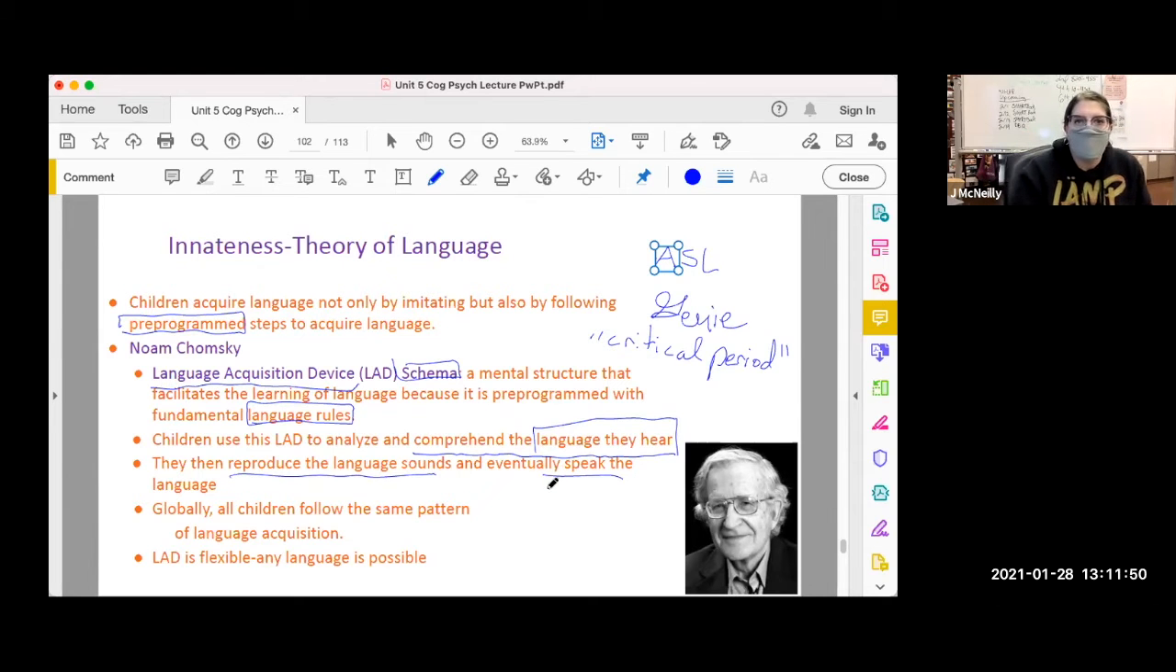So all children around the world, and this goes back to universalism, follow the same pattern. They are born not knowing any language, that whole tabula rasa. And then they pick up whatever language or languages to which they are exposed. Okay, because this language acquisition device is very flexible. Whatever language you expose the child to, that's the language that they're going to incorporate into their own native language. And so that's why it makes more sense for you to expose younger children to multiple languages rather than how in the